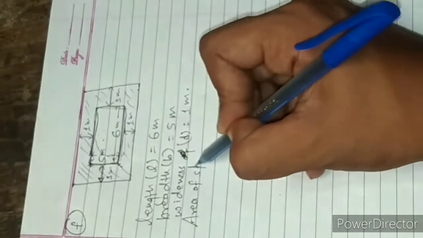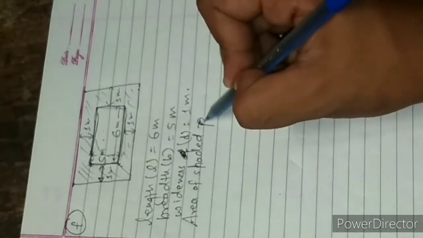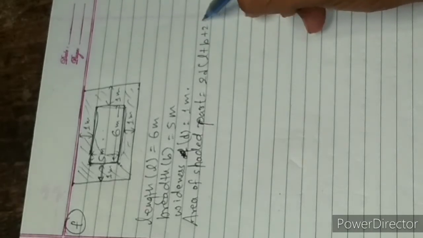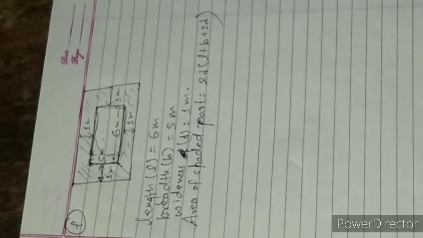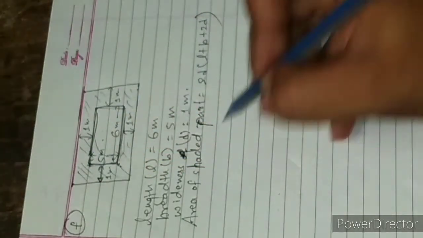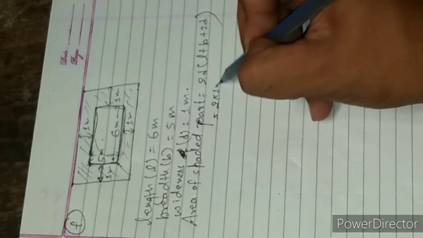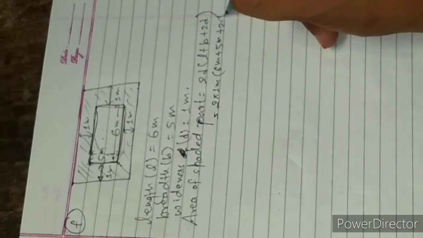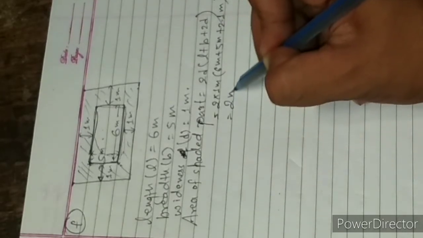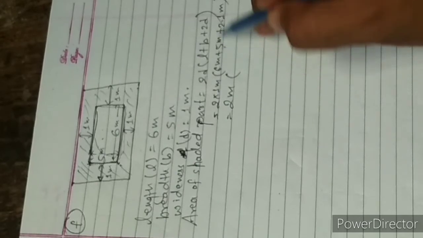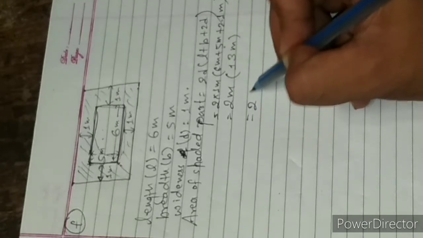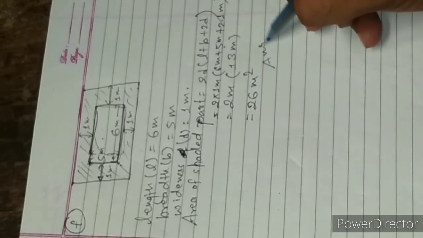Area of the shaded region is 2d(L plus B plus 2d), because it is outside. The rectangle is inside, the path is outside. 2 into 1, length is 6 plus 5, plus 2 into 1. Now 6 plus 5 is 11, 2 times 1 is 2, 11 plus 2 is 13, 13 times 2 is 26 meter square